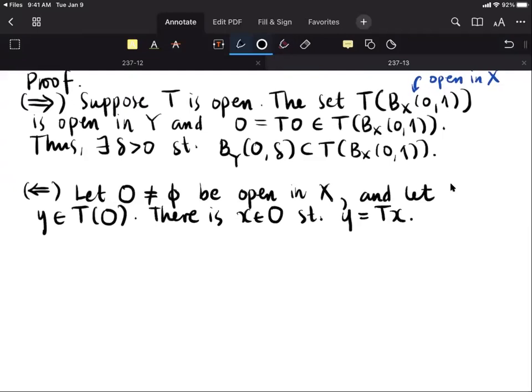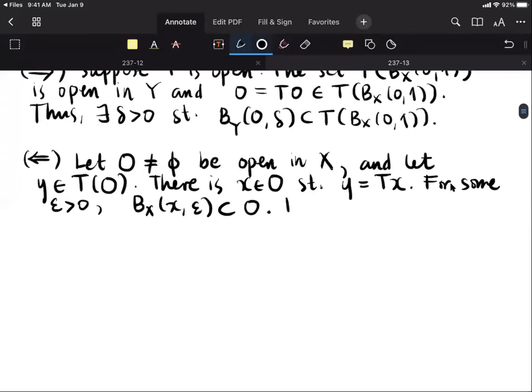Since O is open, for some epsilon greater than 0, the open ball centered at x with radius epsilon is contained in O. From this, we can see that the open ball in Y having center at y with radius delta epsilon